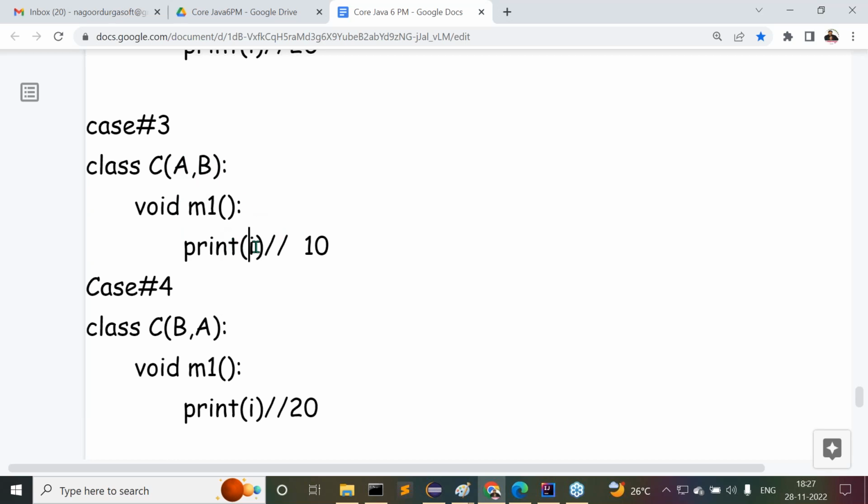Inside this class C, if you access the i variable, first PVM, the Python virtual machine, will search for the i variable in the current class, that is inside C. If it is not available, then PVM will search for the i variable in the first superclass which we provided in the order. What is the order we provided? A comma B. Inside this A, the i variable value is 10. The 10 value is displayed. In A, it is available. In case i is not available inside the superclass A, then PVM will search for i inside